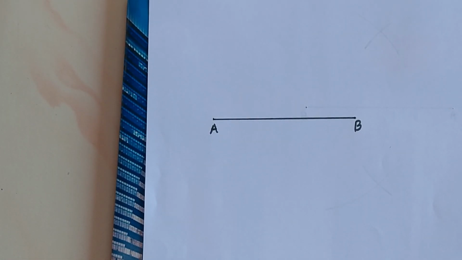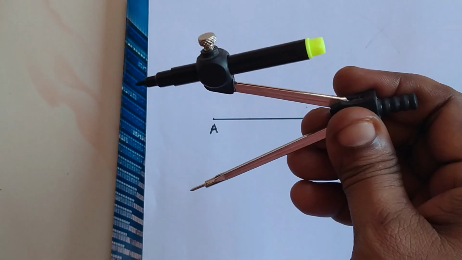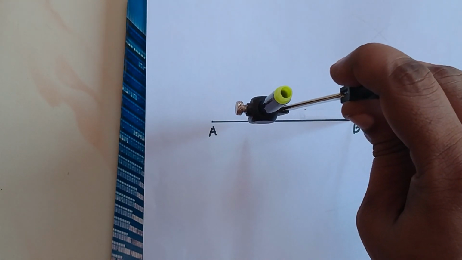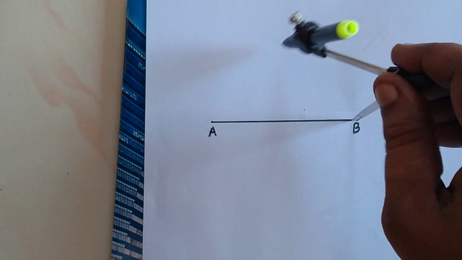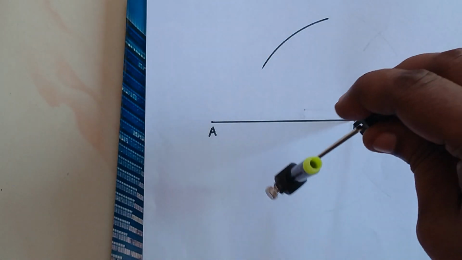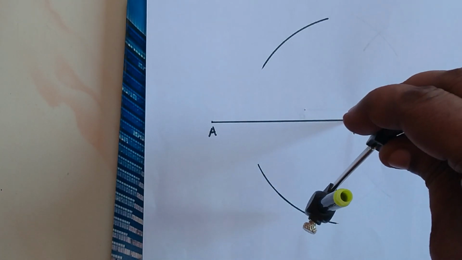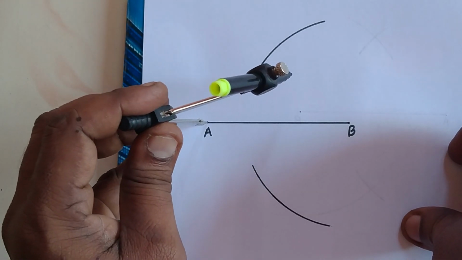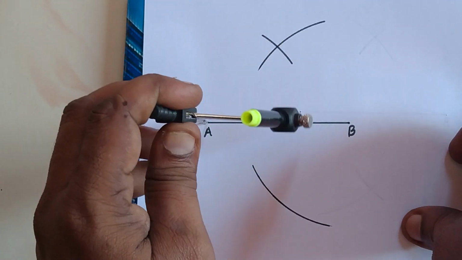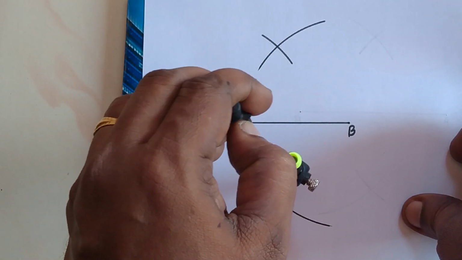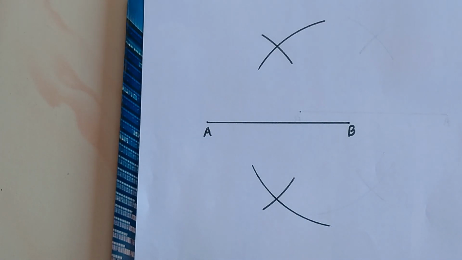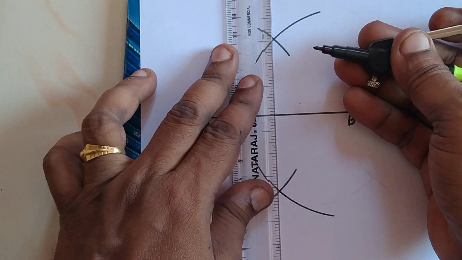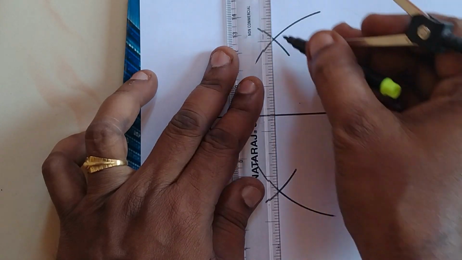So to draw the perpendicular bisector, you have to take a compass and place your pointed tip of the compass at point B and take more than half of the line segment AB. Then draw one arc here, a little bit longer, and one arc here. Now keeping the same distance without disturbing the compass, place your pointed tip at A and draw the arc which will intersect the first arc which you have drawn from the point B. Now join them. So I am joining this. So you are getting 2 points, this one and this point. So you have to join them.